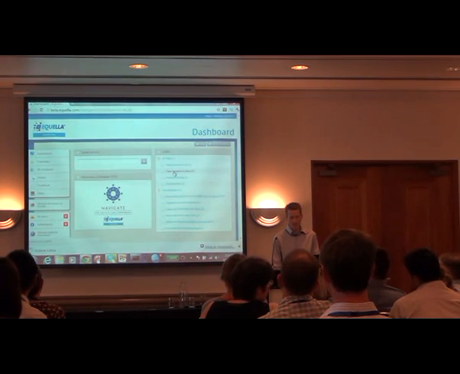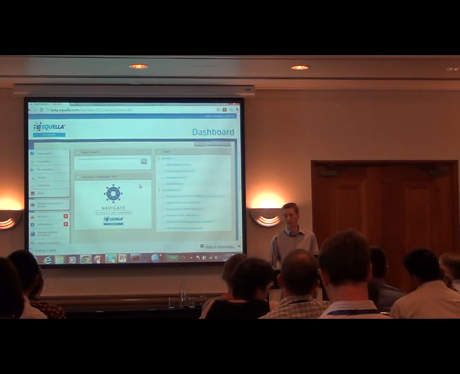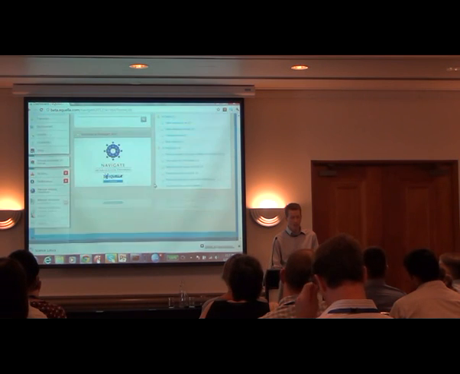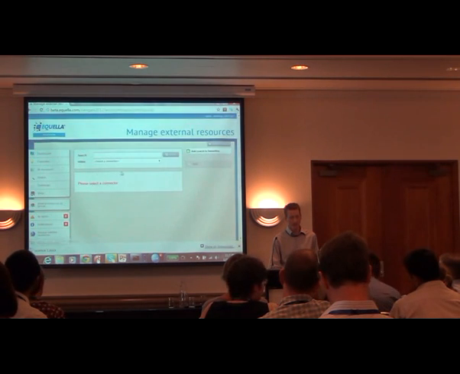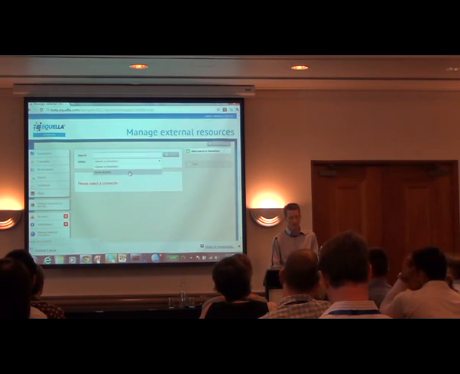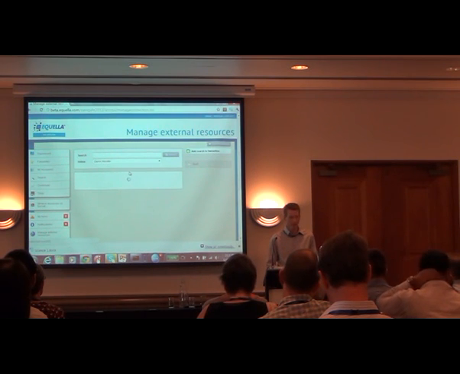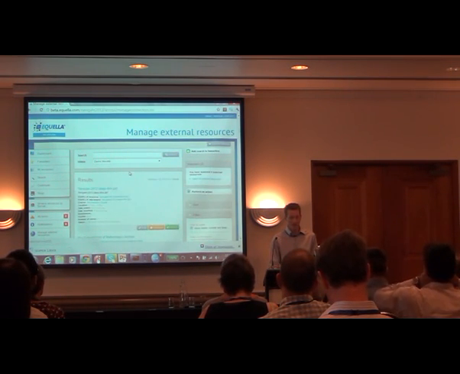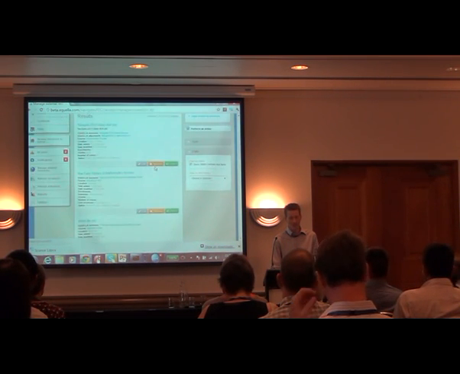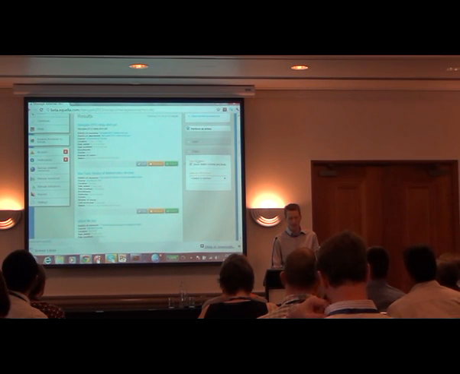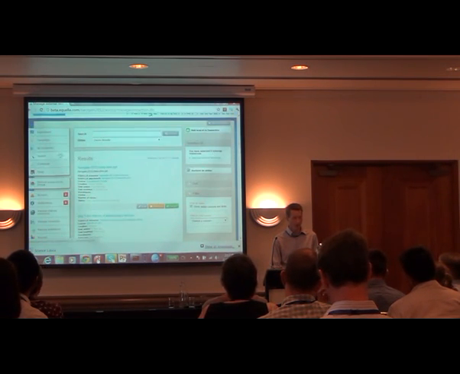The other place of enhancements for 5.2 was push to LMS. So we originally did push to LMS in 5.1. And since then we had a number of enhancements. The first being the ability to manage external resources here. So we can choose from whichever connectors we've got set up. And we should be able to get a list of all the resources that have been pushed in all the courses at this point, and go through and edit them as well. You'll also see the ability to show hidden courses in case you're setting up a course that's not available yet. We've got that same option when pushing a resource.